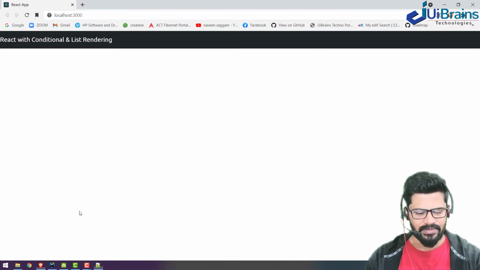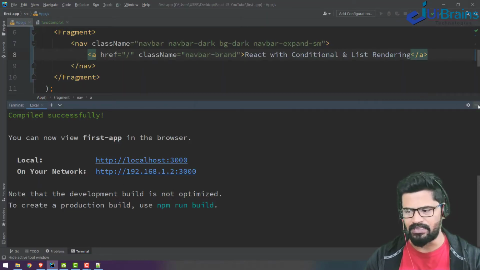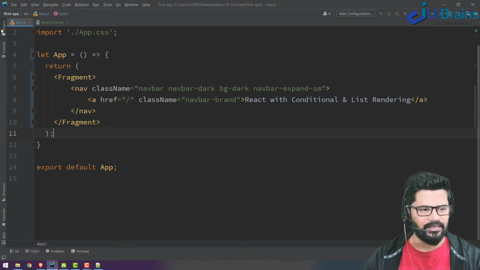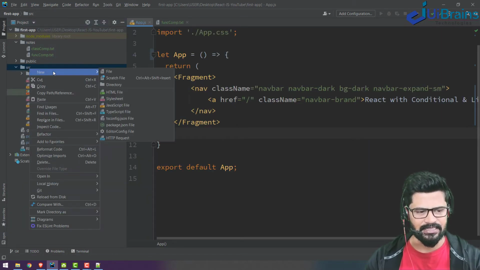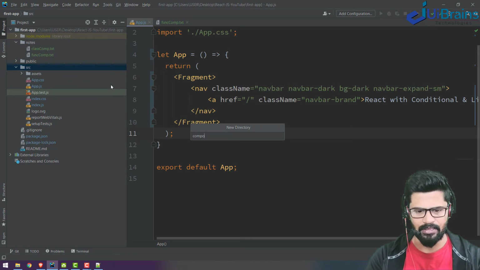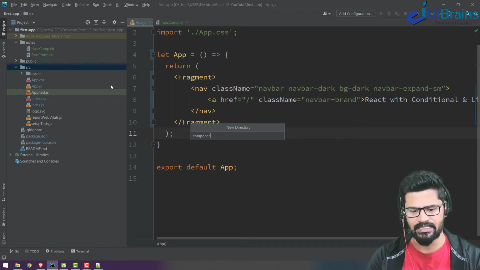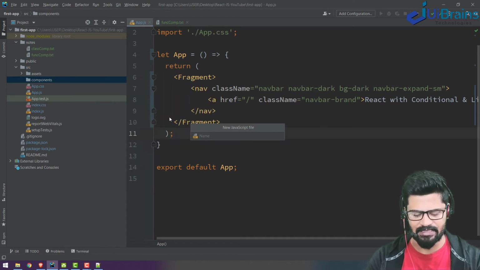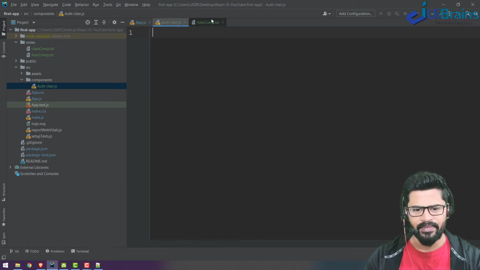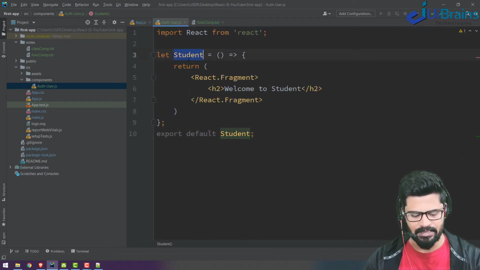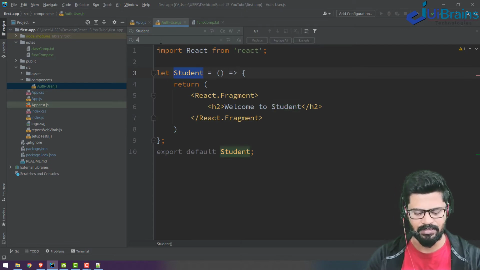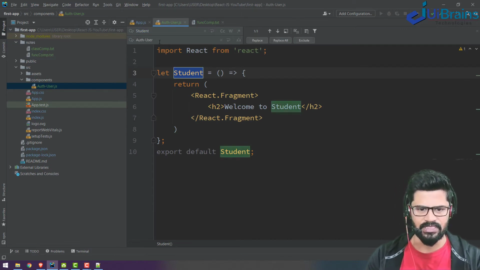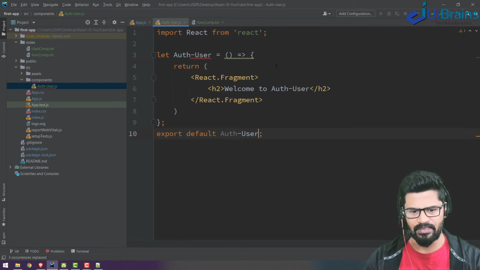Okay, so I'll just go here. First of all, in src, I create one directory called components. In this, I create one JavaScript file, AuthenticationUser. Let's copy the functional component and paste it here, and replace the name with AuthenticationUser.